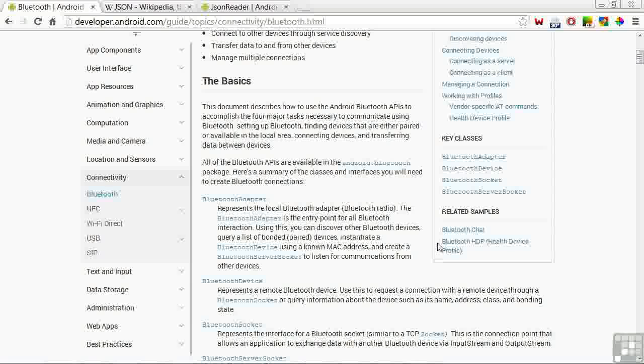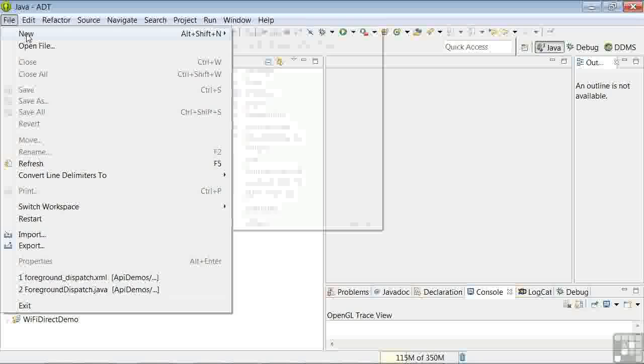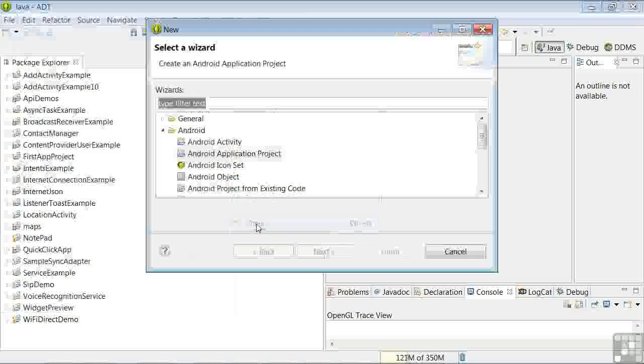In tackling a new Android feature, I personally like to start by looking at a sample, for example, Bluetooth Chat. Let's go through a refresher of how to access these samples. We'll use the Android wizard. So in Eclipse, we click File, New, Other,